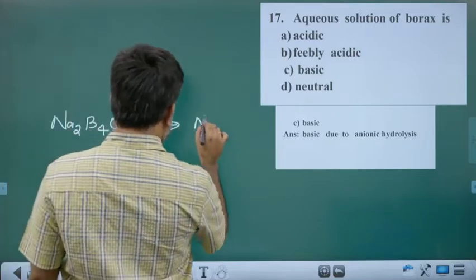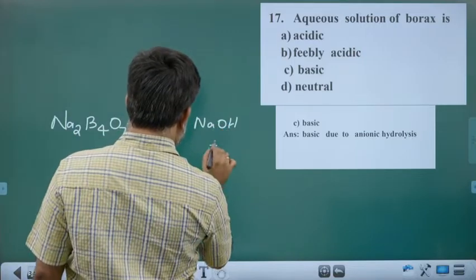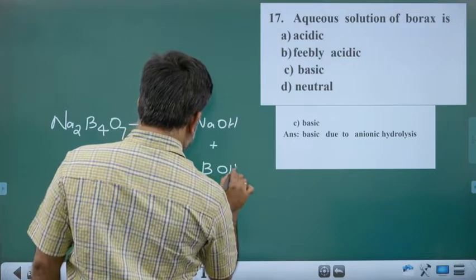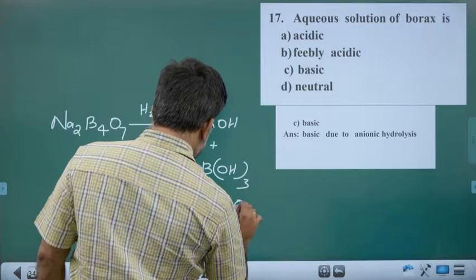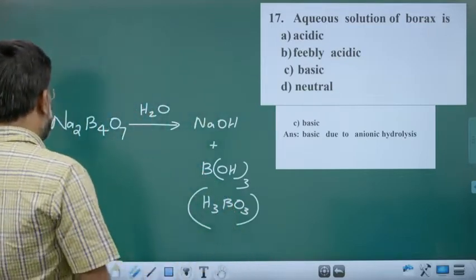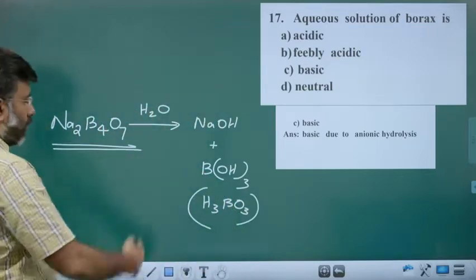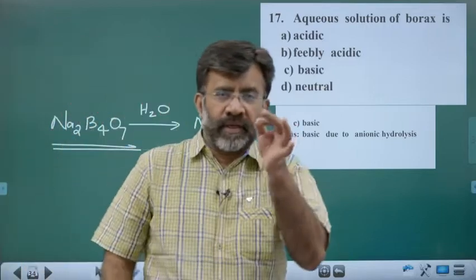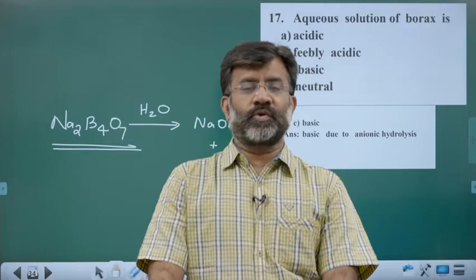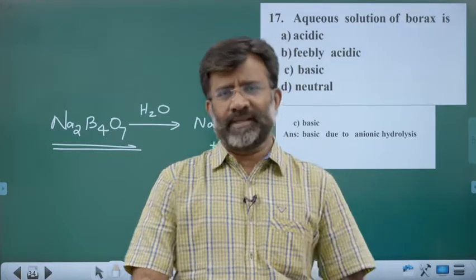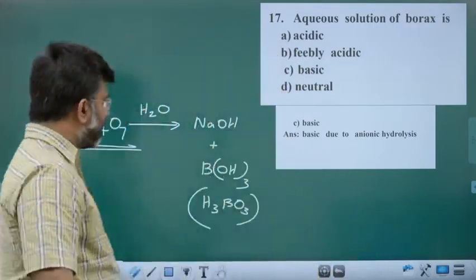You will get NaOH and B(OH)3, that is H3BO3. So this is a salt of a strong base and weak acid. That's why the aqueous solution of borax is basic, alkaline in nature. Next,